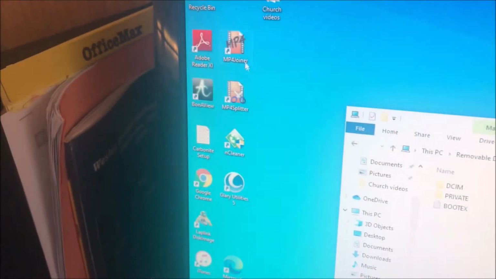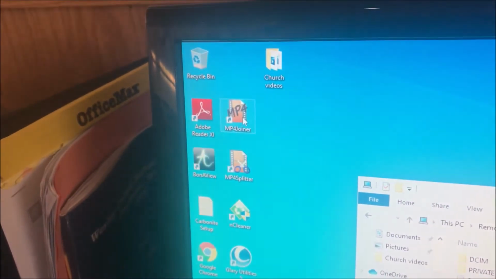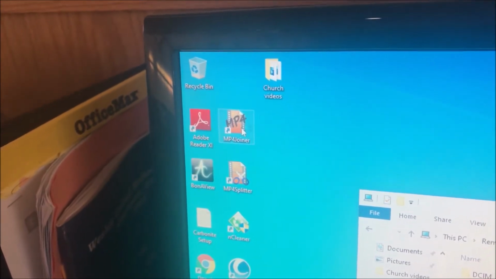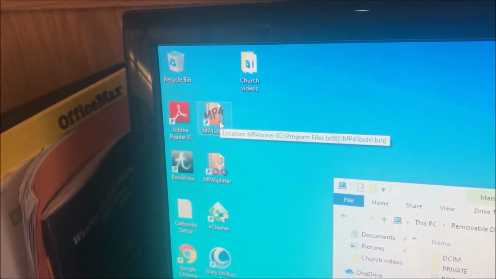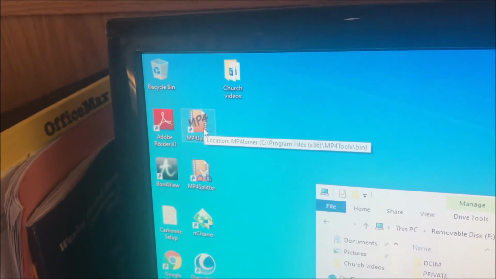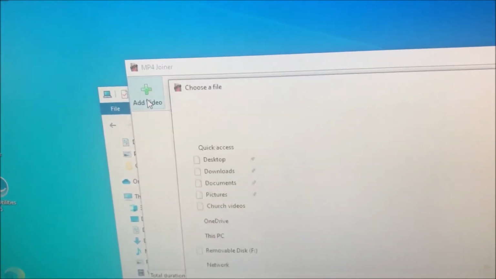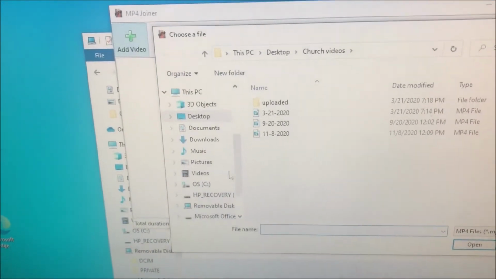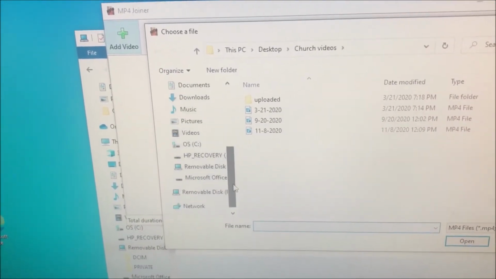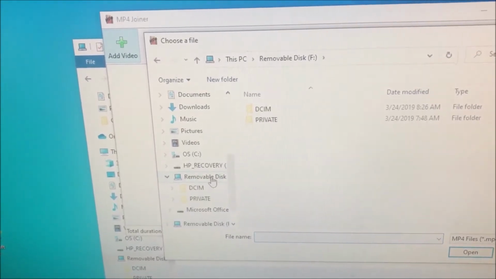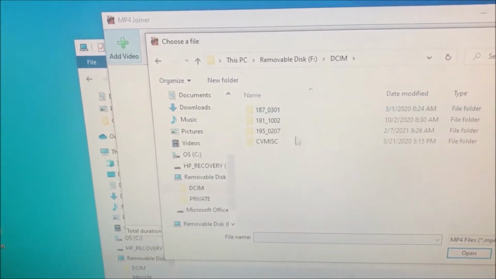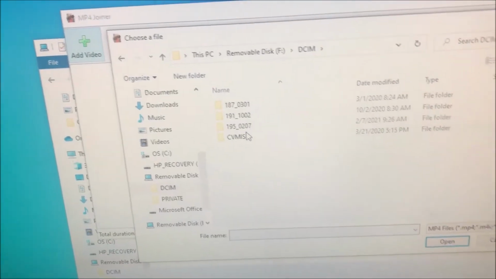Next, you come over here to MP4 Joiner, run it. Go click Add Video. We go down to our removable disk, DCIM, find the date,